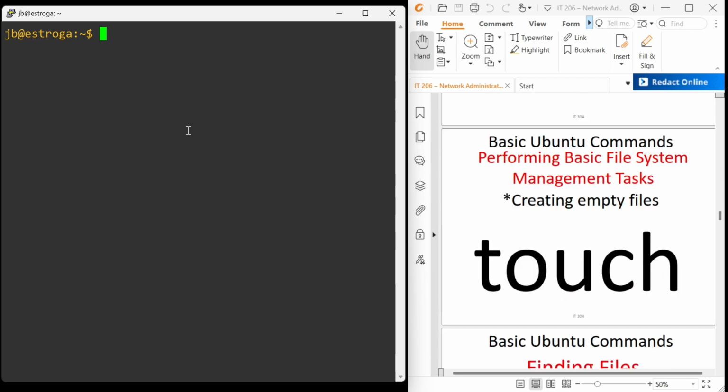Touch. This will create empty files. This is useful if you want to test something. If there are problems in a certain directory or a certain file, you can use this command. Let's say